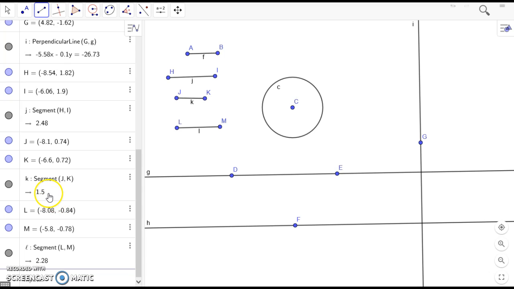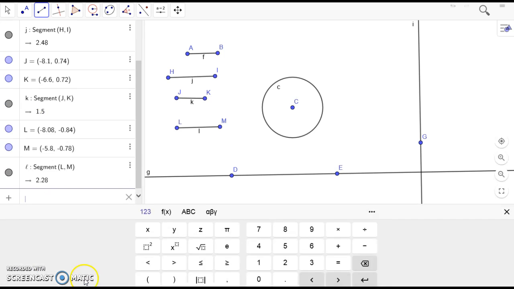We have a 1.5, 2.28, etc. Now suppose I wanted to add the lengths of these three segments together. You can see that over here Geogebra has named them line L, line K, line J. So I could go to my input bar down here and tell Geogebra to add the length of whatever it's called the segment. That's how I'm going to label it. So find the length of, or the segment sum